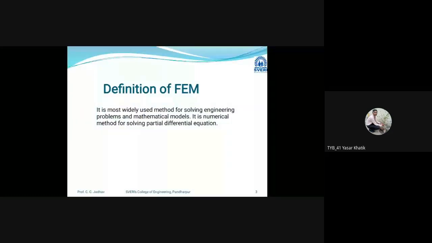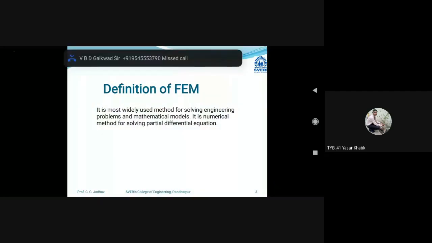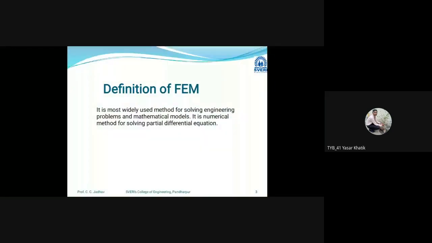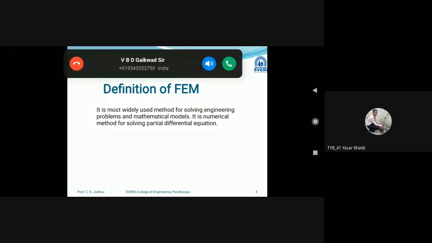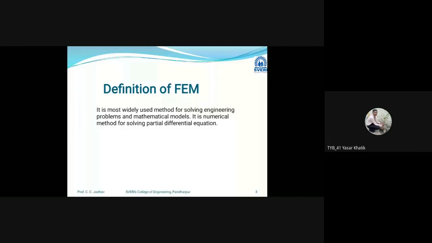Okay, the typical areas of interest include the traditional field of structural matrix analysis, heat and mass transfer problems, and electromagnetic potential problems. These are the types of problems we are going to solve using FEM. Using this method, we solve the partial differential equation and then get some two or three solutions.